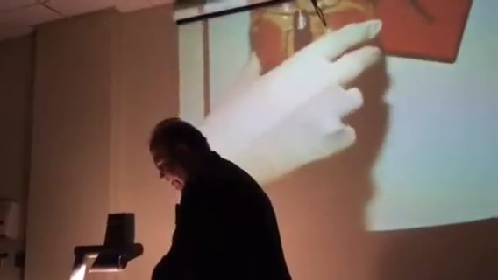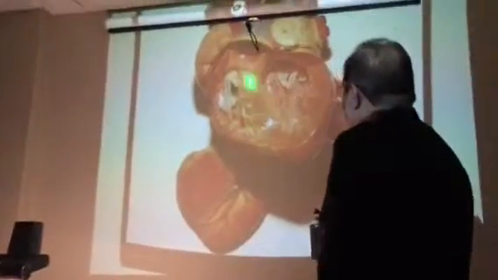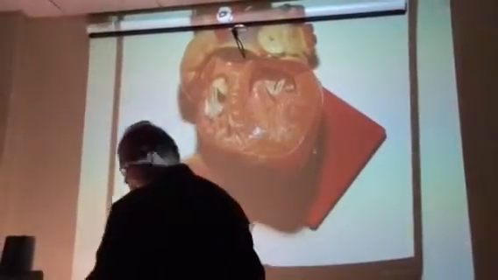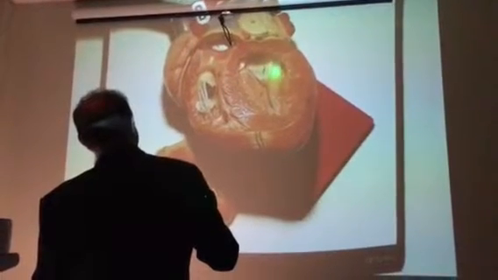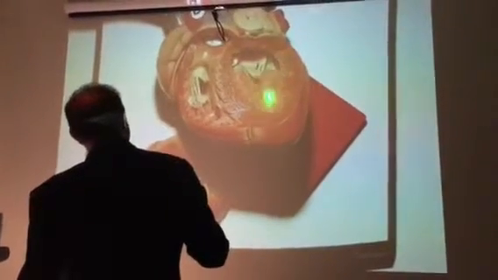Now we can remove this and see the left ventricle here. So these are the features of the left ventricle. It has a bigger size than the right ventricle, and it has two openings. One is this with the bicuspid valve having two cusps, and I will try to show the two cusps here. One is known as the anterior cusp, which is this one, and behind it is the posterior cusp. So only two cusps, posterior and anterior. And you can see the papillary muscles.